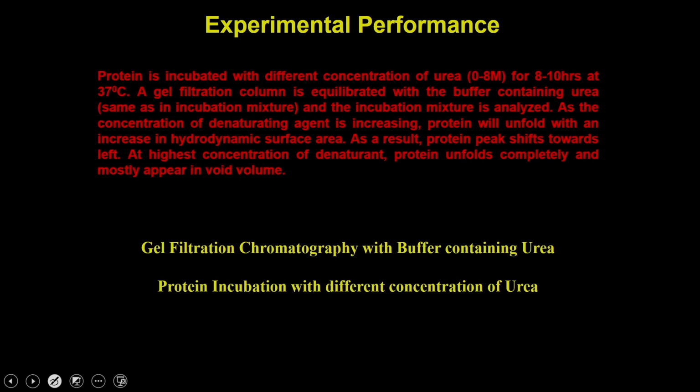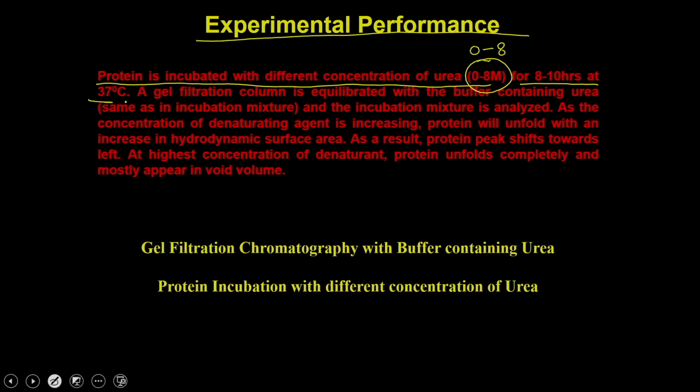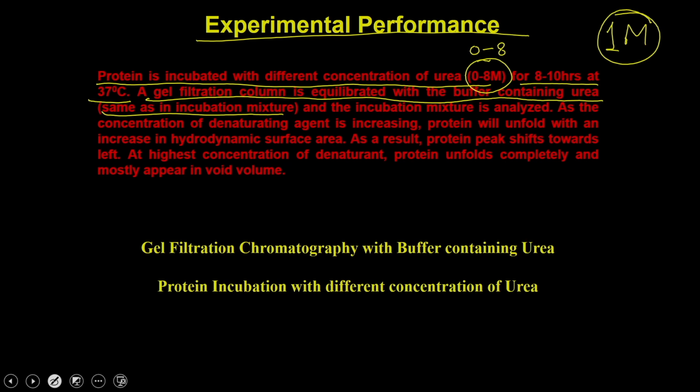So, in the experimental performance, what you are supposed to do is, the protein is incubated with different concentrations of urea, which means from 0 to 8 molar urea for 8 to 10 hours at 37 degrees Celsius, and in parallel you have to run a gel filtration column which is equilibrated with a buffer containing urea, same as the incubation buffer, which means if you incubated the protein in 1 molar urea,